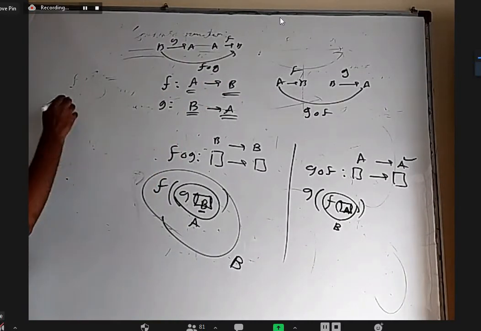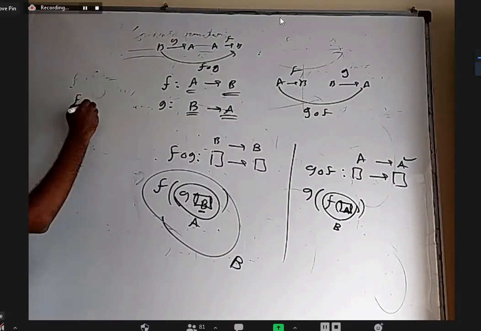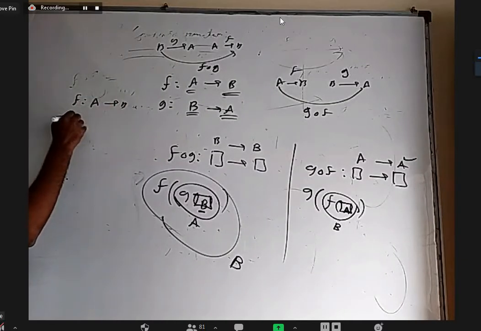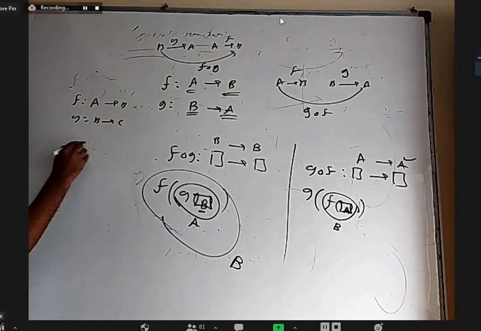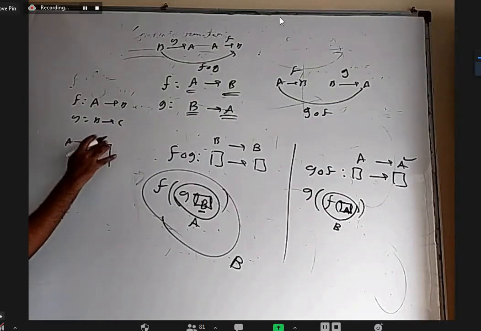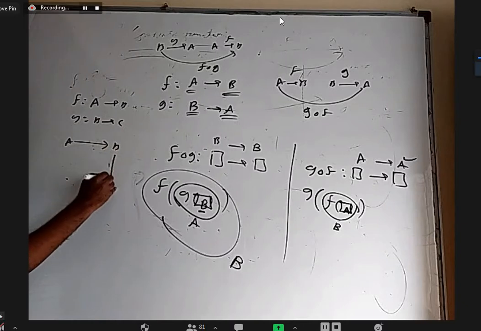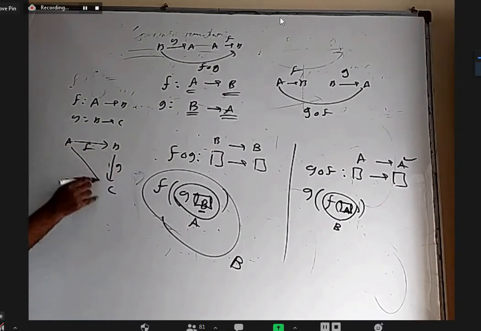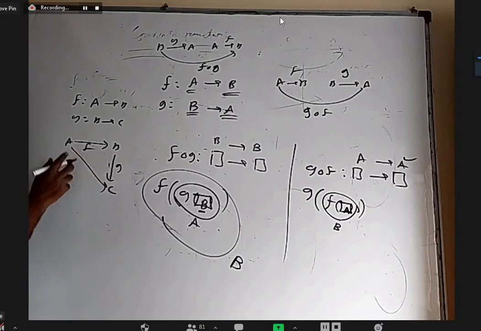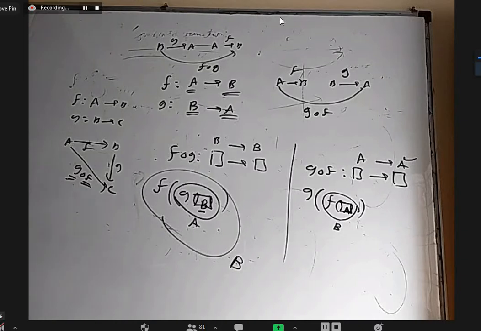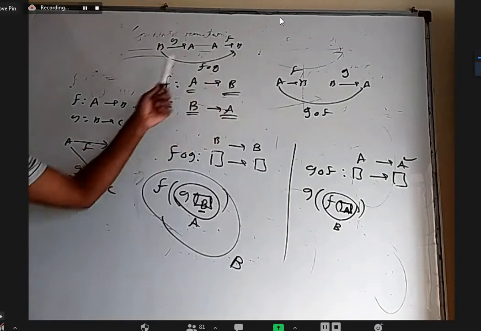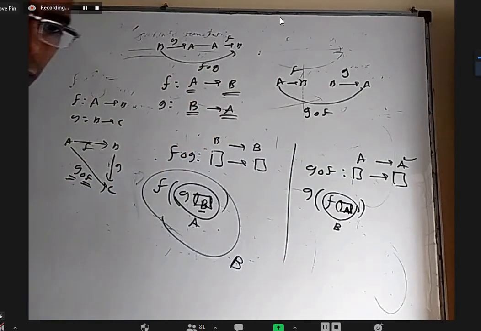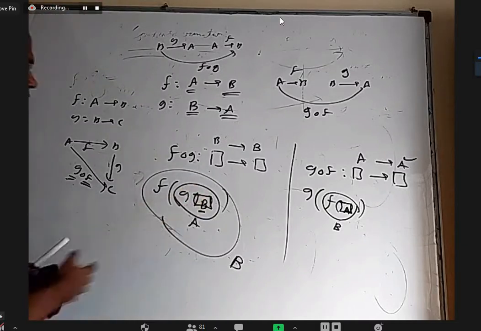Sometimes they write, let us say F is from A to B and G is from B to C. Sometimes they will write like this. A is here, B is here, C is here. You say this is F, this is G, and from A to C, instead of writing in this order, you should write in reverse, because we'll count this first and this next. So people can write like this or like this, up to them, just for remembering only. Otherwise, you can understand what is happening.